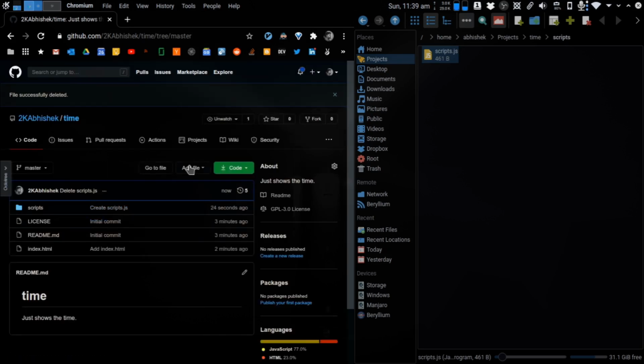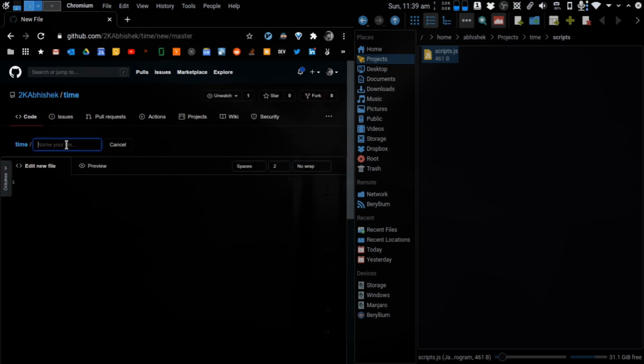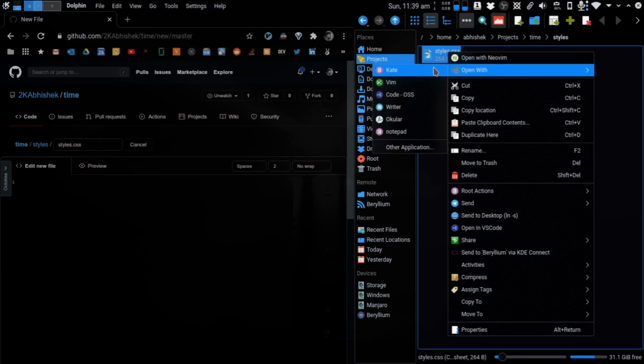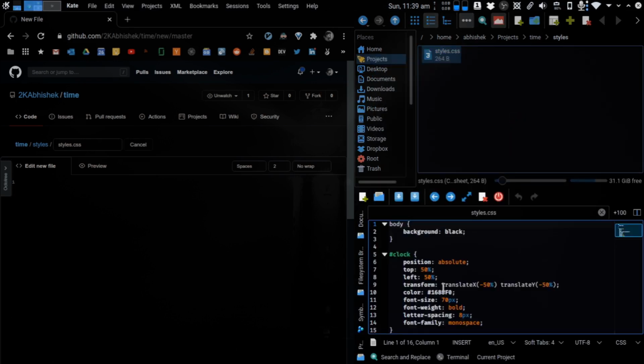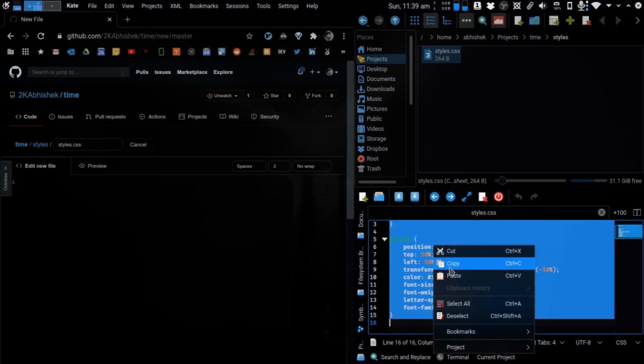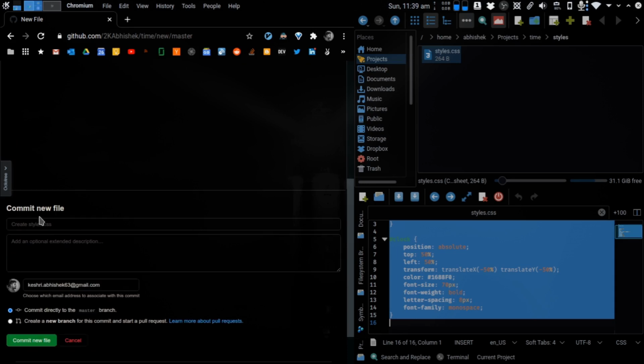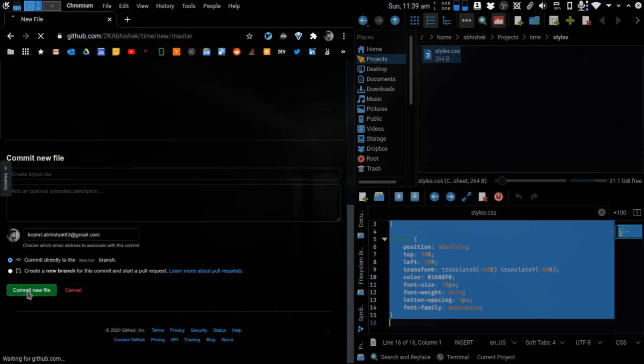And for the final file, we'll say create new file again, and we'll do styles/styles.css, and in here we'll go to the correct file, open it up, copy the source code and just paste it over here. Create styles.css, looks good, and click on commit new file.